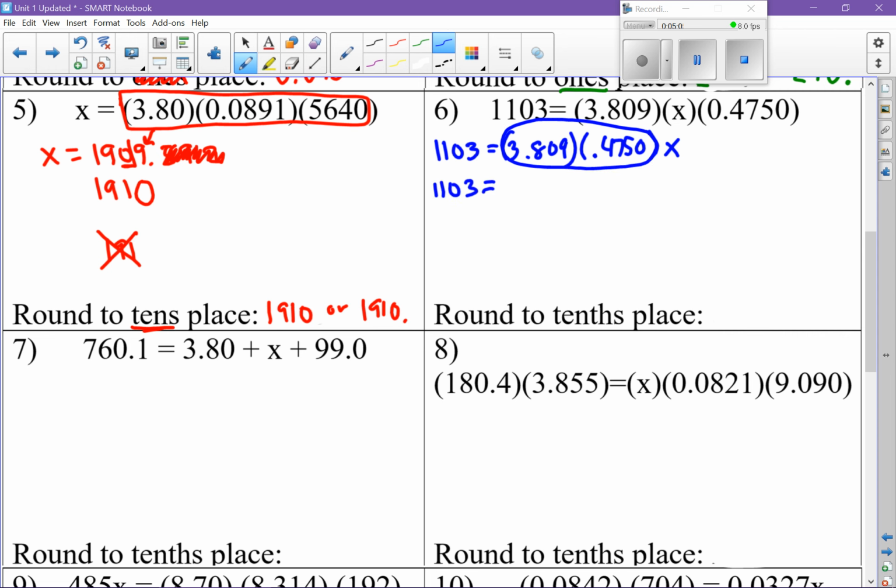When you do that, your calculator says 1.809275, and then you'll bring down the x. Now you just have to divide by the thing that's touching the x. So cross that out, divide this numerator by that denominator, put that in your calculator. X equals, it says